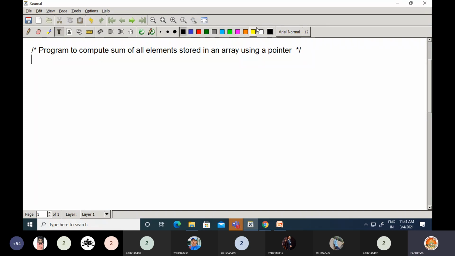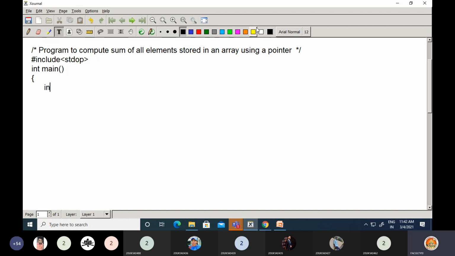So include the header file, then begin the main.